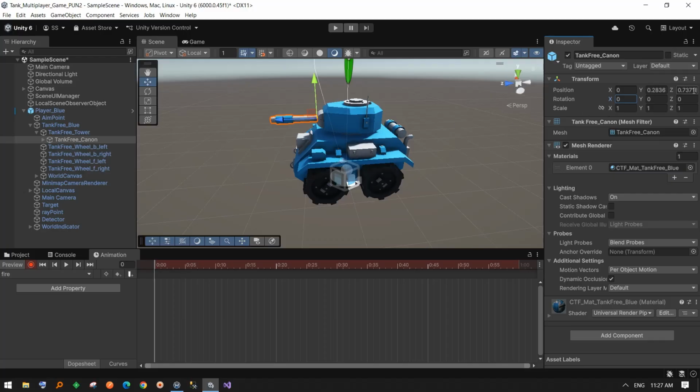At frame 0, create a key for the Z translation. Go to frame 4, move the Z translation back slightly and create another key. Go to frame 6,